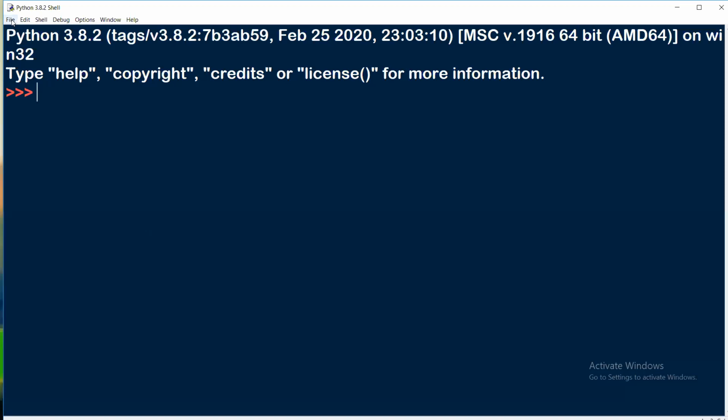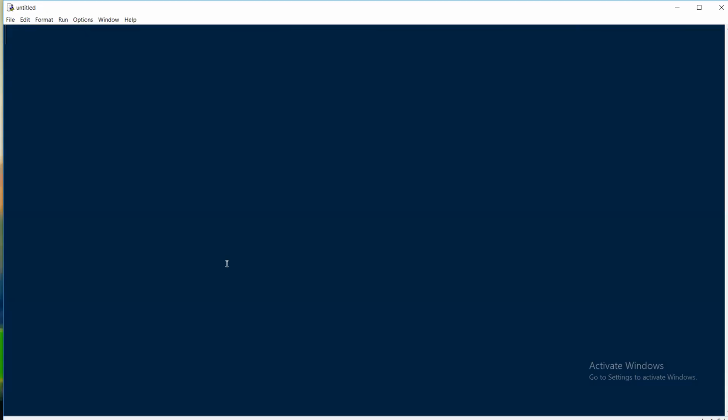We'll go to the file menu and click on new file. I want to tell you the basic way of defining the dictionary collection. Can you create an empty dictionary? Absolutely yes. By writing open and closed curly braces, we can define an empty dictionary. If you want to see the type of D, use the type function. It will immediately show you it is an object of the class dictionary, but it is an empty dictionary.